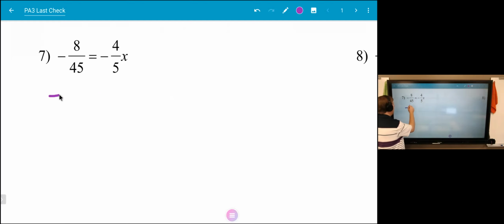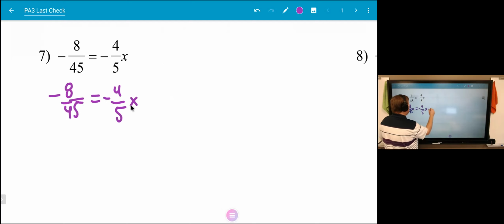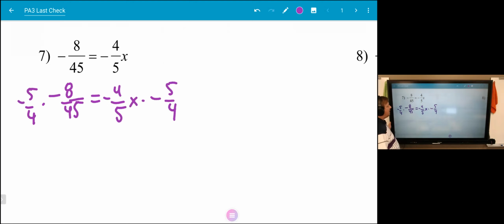And if I multiply, I'll move this down one line. Negative 8 over 45. Negative 4/5 x times negative 5/4. Okay, and we look, negative times a negative is a positive. And let's simplify here. Can I simplify 5 and 45? Yeah, I can. We notice that because they both end with 5,